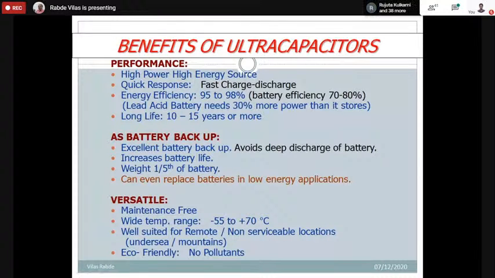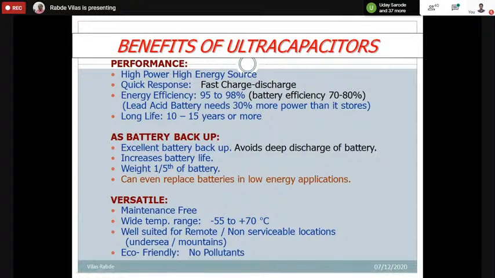As a battery backup, excellent battery backup avoids deep discharge of the battery. If you connect supercapacitor with the battery, supercapacitors have a low impedance. So if you connect to any load, the supercapacitor discharges first and avoids the damage of the battery. Because if you allow battery to go in a deep discharge mode, the damage is 100%. The life of the battery reduces drastically. So that's why if you connect supercapacitor with the battery, it increases the battery life, and weight is just 1/5 of